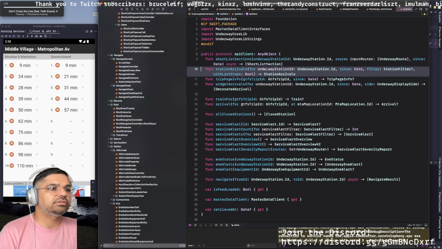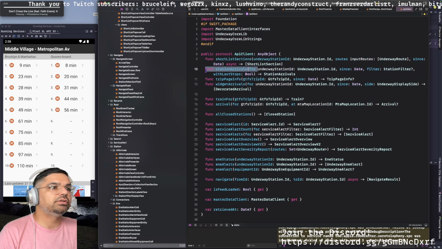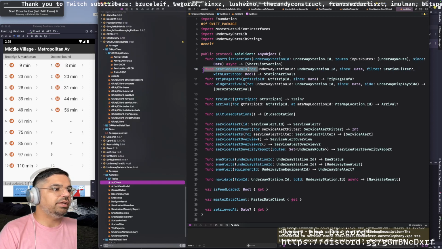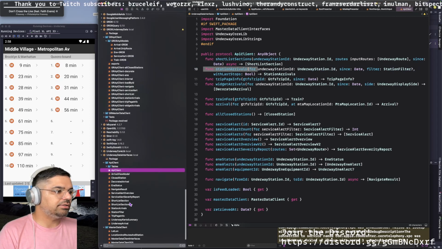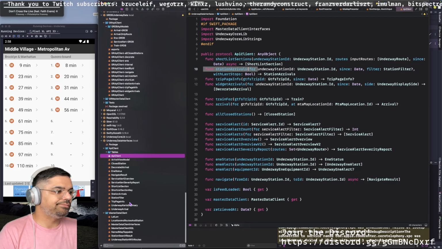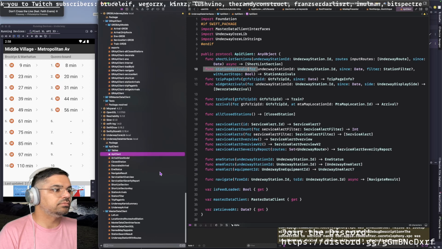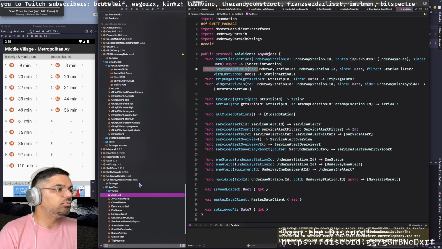Station arrivals. I guess we need to go down into the API client. So this is the interface, and so this is implemented